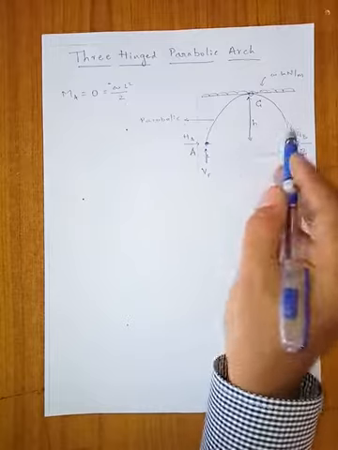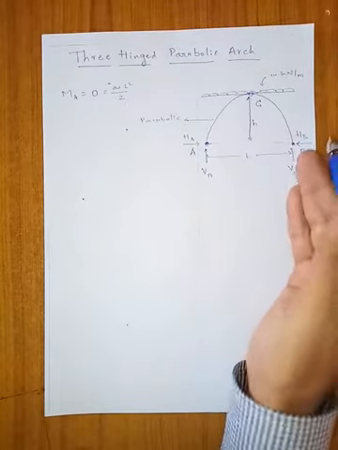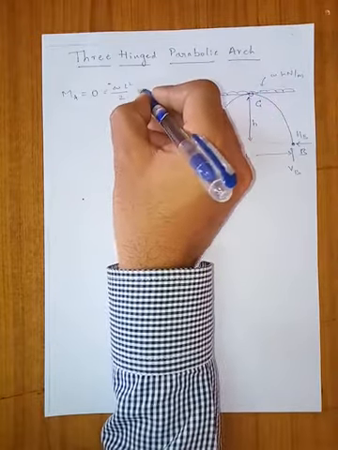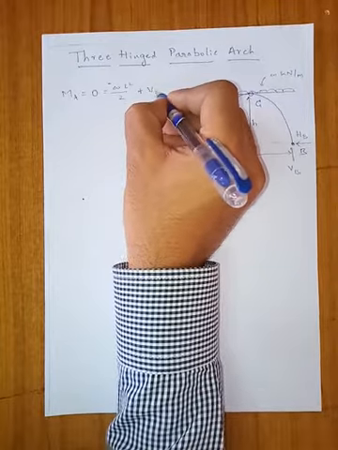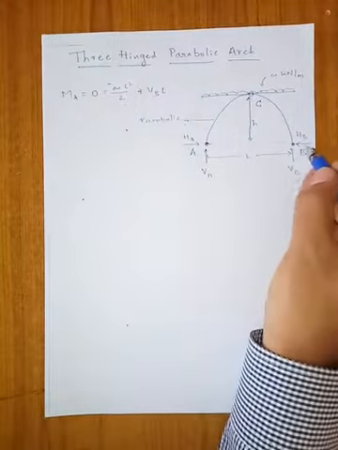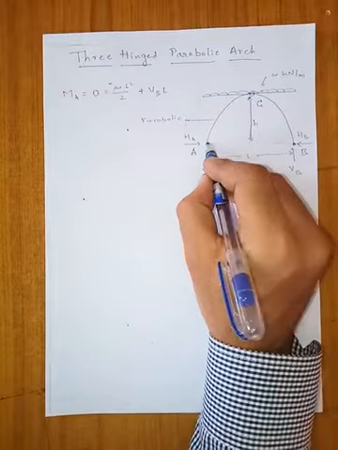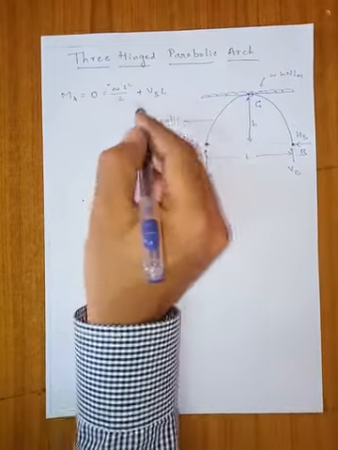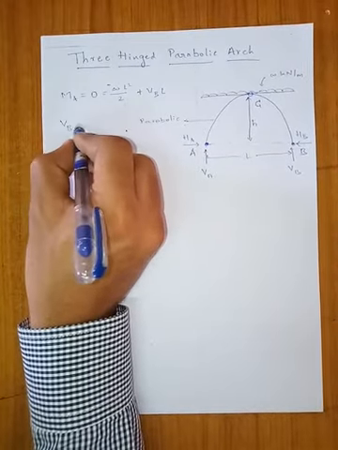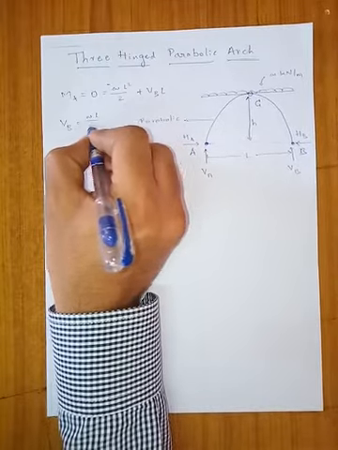Next, we do not have any other forces to cause moment, only the support reaction VB. VB is vertical. Since it is trying to turn anti-clockwise, we will have positive VB into the distance, which is L. Also we have HB, but since its line of action is horizontal and passes through A, the moment arm will be 0. In this equation we have only VB. So if we solve this, VB is equal to WL by 2.